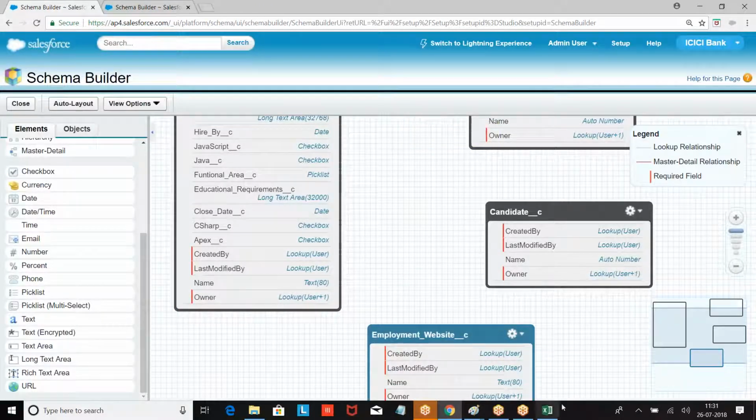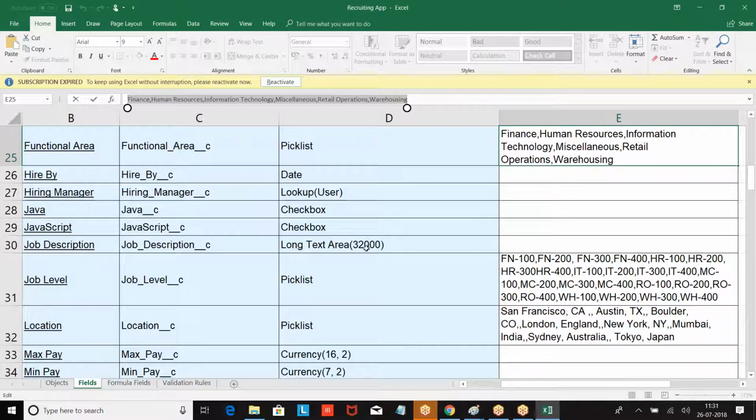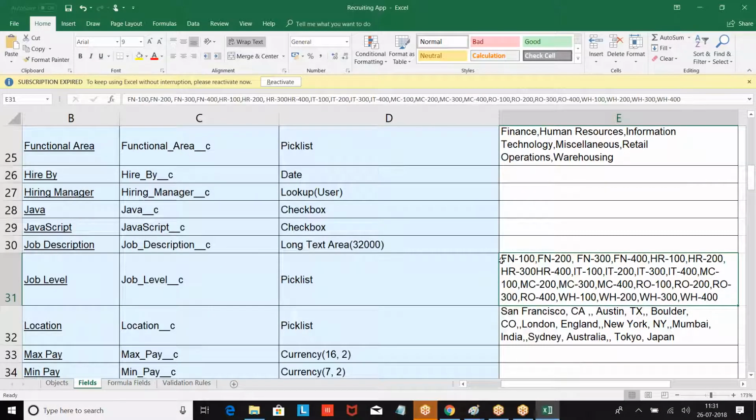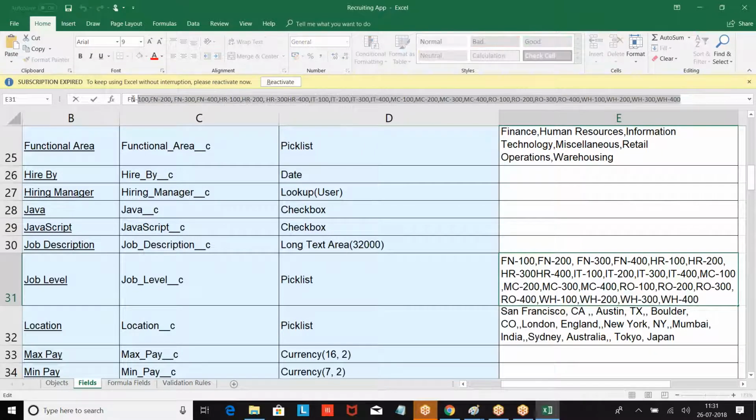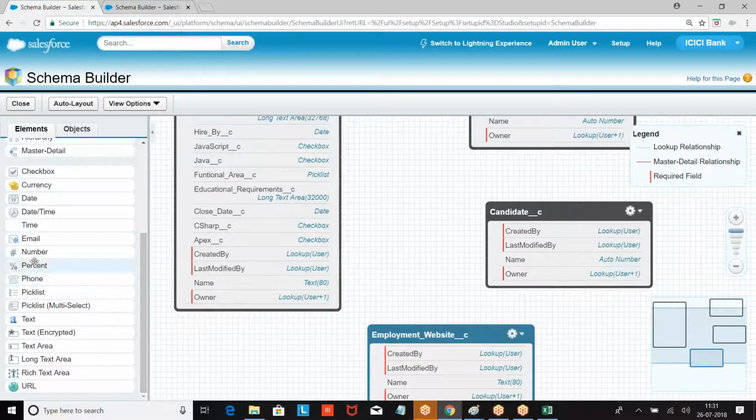Then job description. What is the next option? We had job level, pick list.